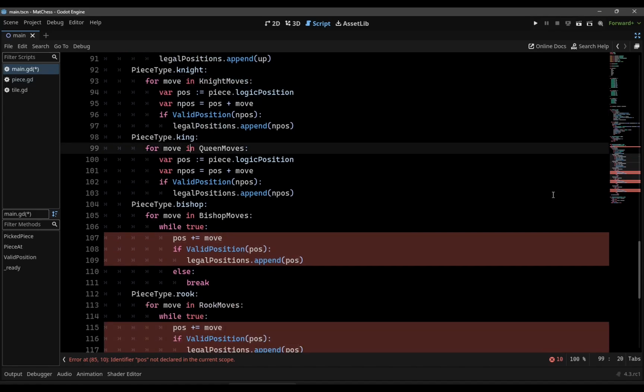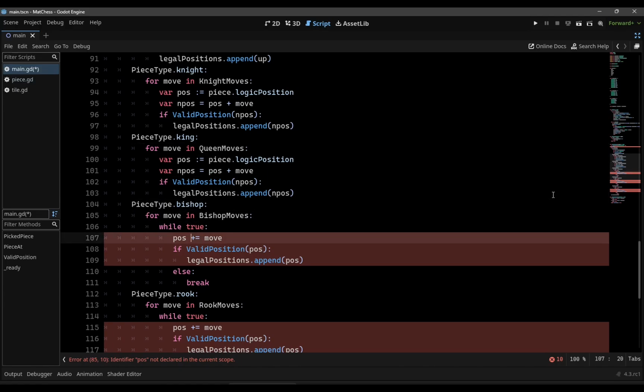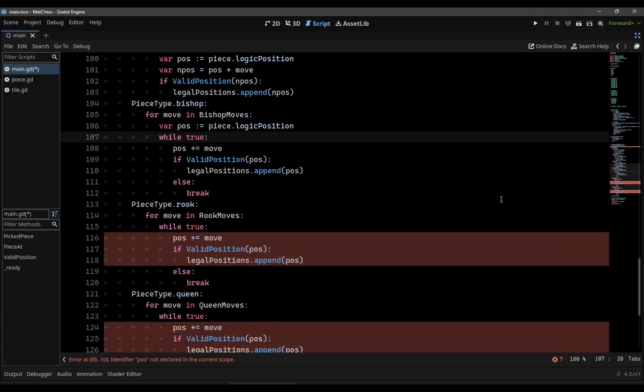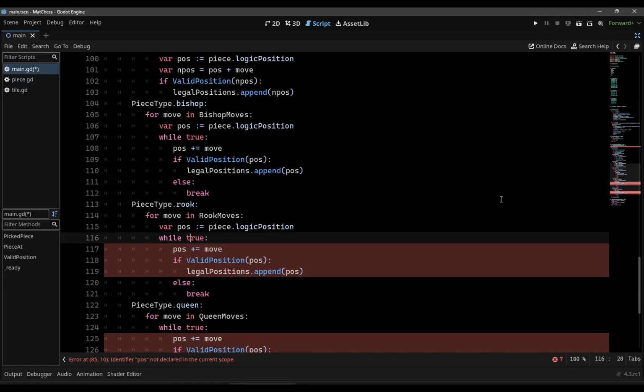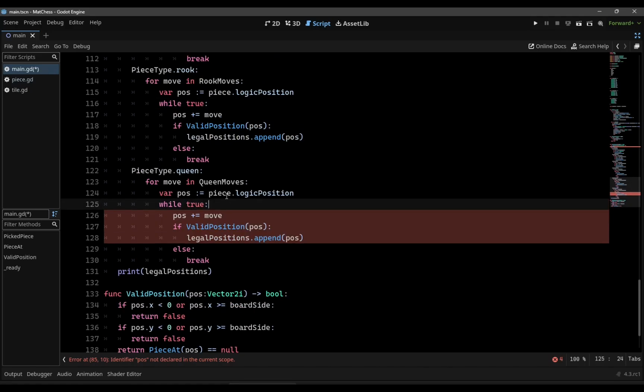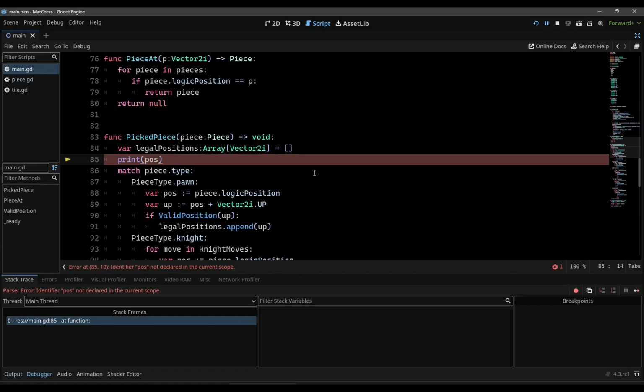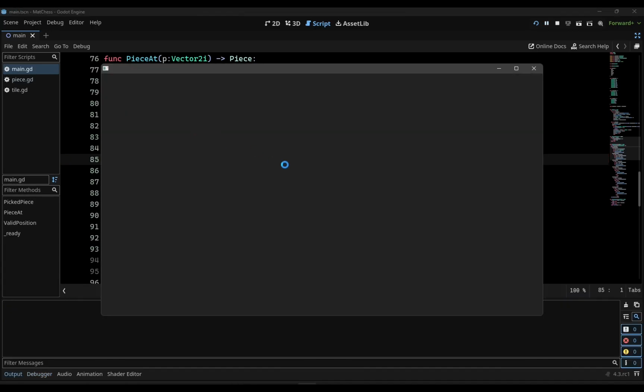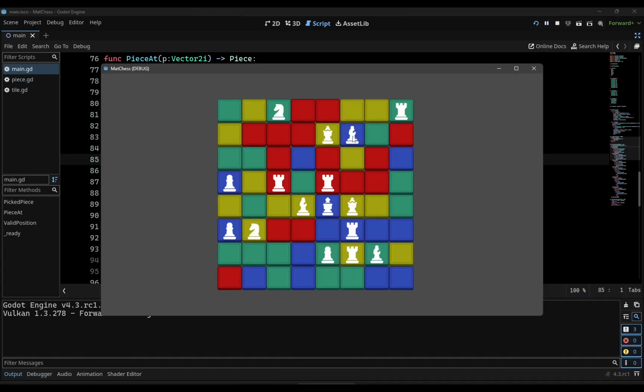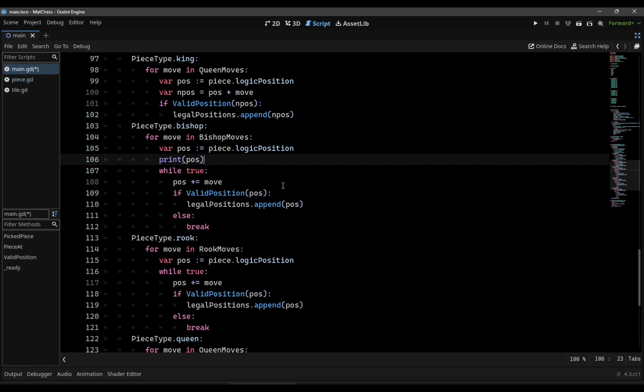We need a local position, so we can change it without endangering the logic. So this should work. So print pos,